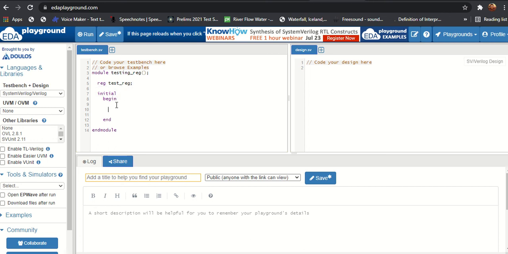Let us assign test reg a value like 0, and then wait for 20 nanoseconds, and I will again give test reg is equal to 1.